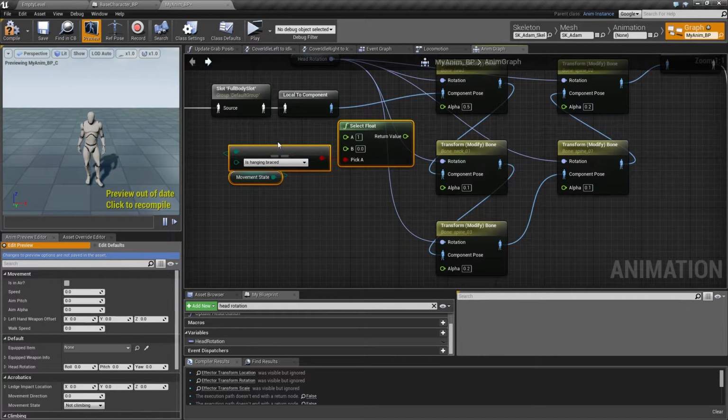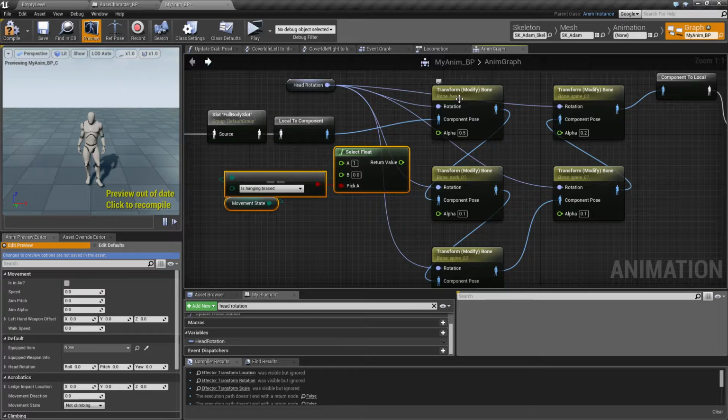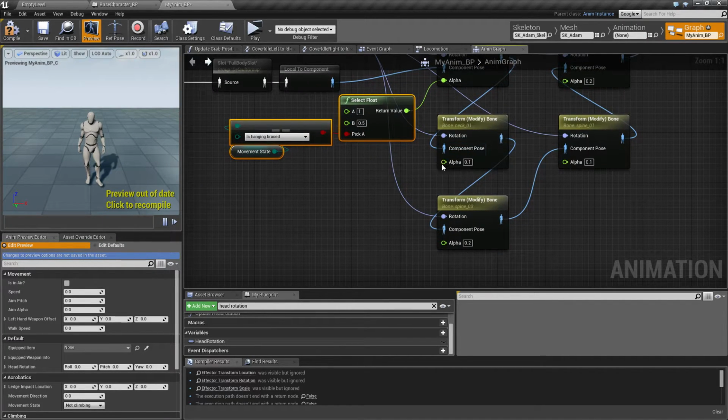So I want to set this for the transform bone head up here to that one, and the previous value 0.5, replace that in here. So basically what I want to do is to make sure to replace all of these with a corresponding one. I'm just gonna do that. So let's go ahead and just copy this one